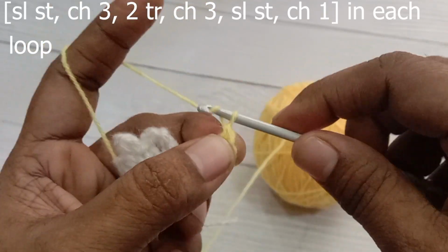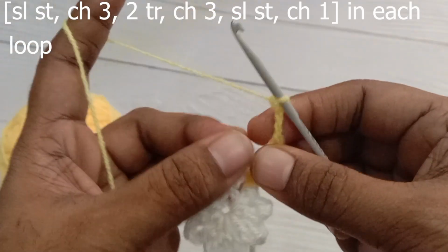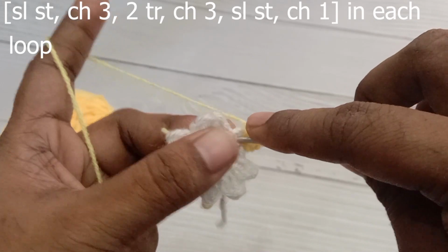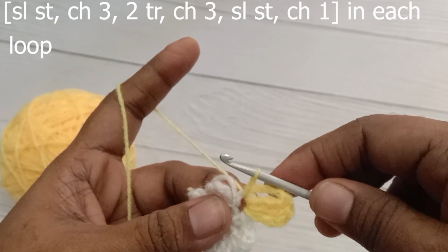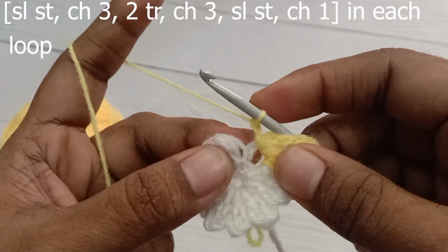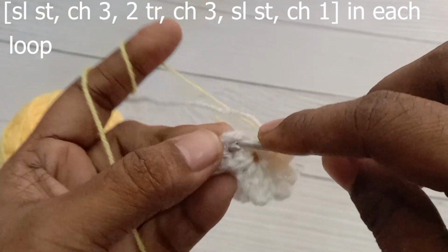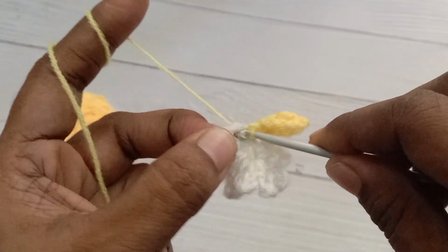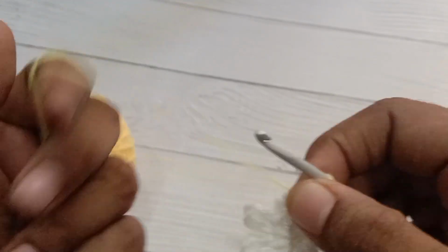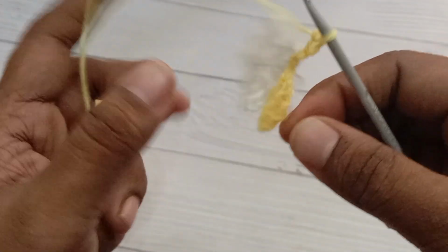Chain 3 and slip stitch in the same chain 4 space. Now make chain 1 and go to the next space. Make a slip stitch in the next chain 4 loop. Chain 3, 2 treble crochet,